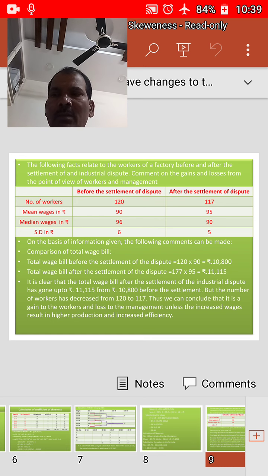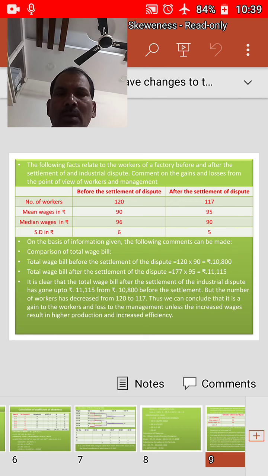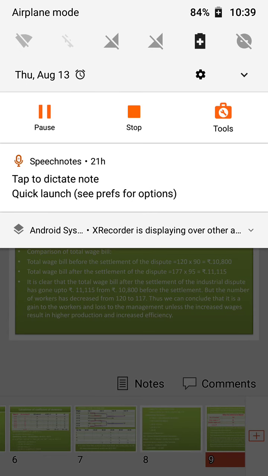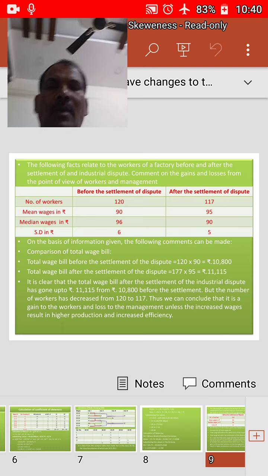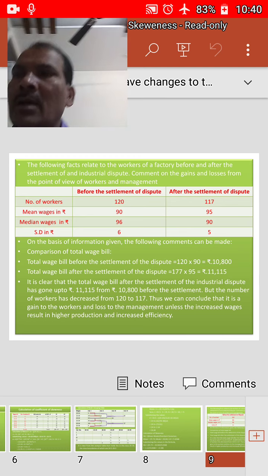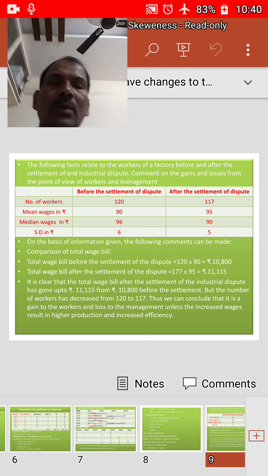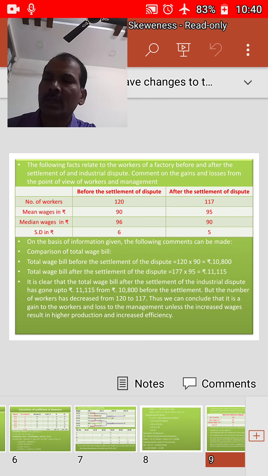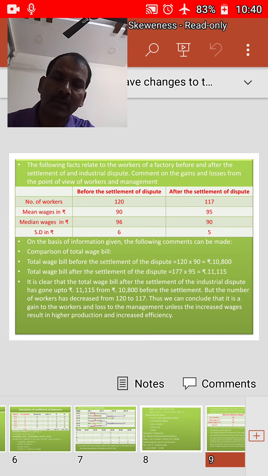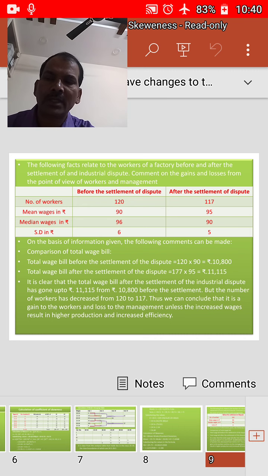Total wage bill after settlement of dispute is 117 into 95, and that is 11,115. If you see, it is clear that the total wage bill after the settlement of the industrial